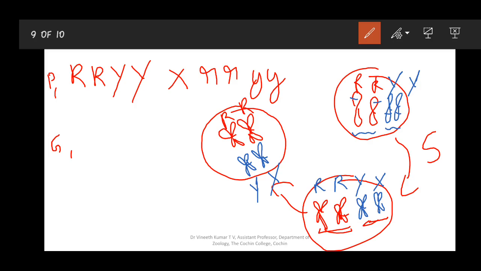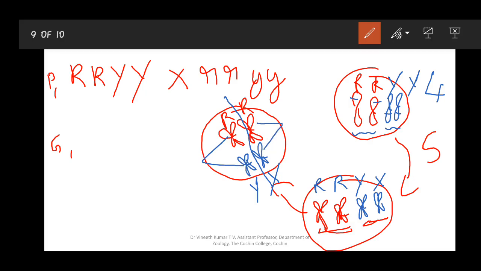Here also homologous chromosomes separate. As you can see here, if I am taking this as the chromosome number, the parent is having 4 chromosomes, so the resultant gamete should have only 2 chromosomes. Only 2 chromosomes should be present in a gamete. So we'll see how the reduction is happening here. The homologous chromosomes will separate. These 2 will move to a single cell, and these 2 will move to another cell.